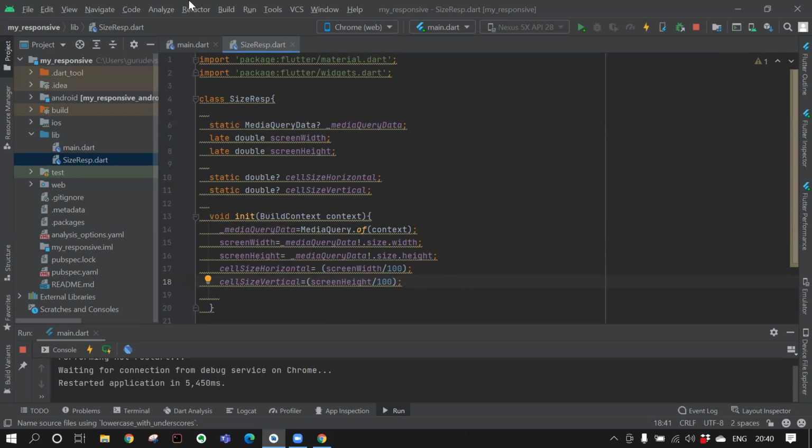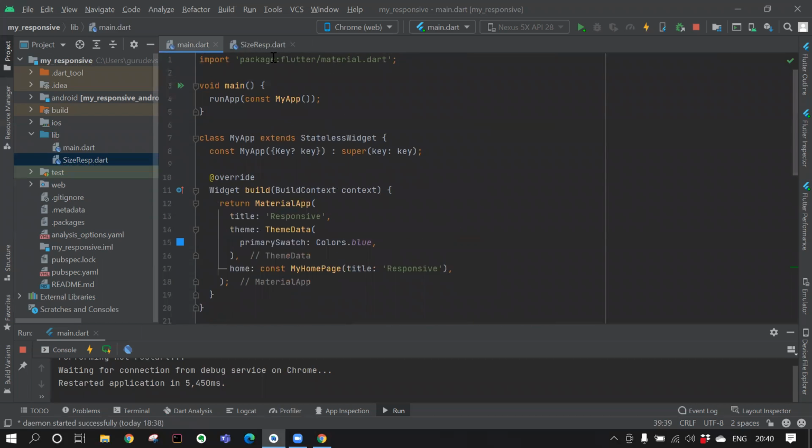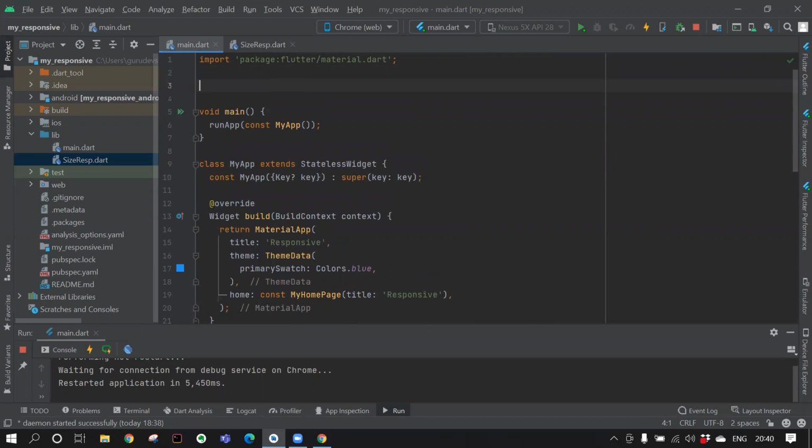How we'll be using this, I'll show it in the main.dart file. Firstly, for using this size rest.dart, I will import this at the top so that we don't get an error at the bottom.